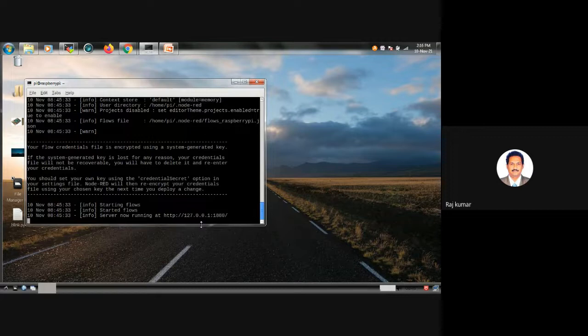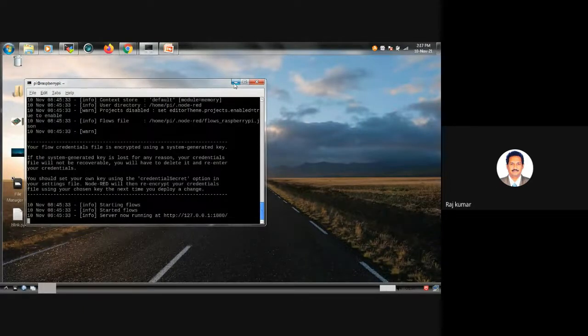If you want to change it, there are many ways. You change several items at the command prompt, and you can change to some other port number. If 1880 is already used by any other process, then you need to change it. As of now, I'm not touching anything. Simply as it is, I am going to execute now.